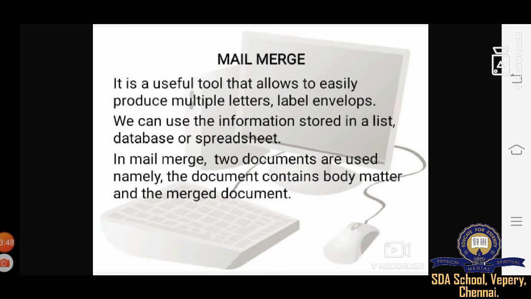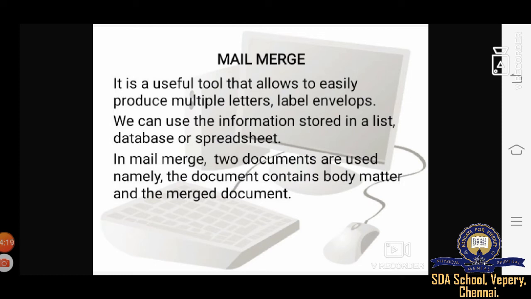It's very simple. Nowadays everything has become modern. You can send your invitation through WhatsApp, or through Facebook, or any kind of mail you are using. It is very simple. It goes immediately, and they receive it immediately, without any tension. Now we will discuss how to work with Mail Merge.